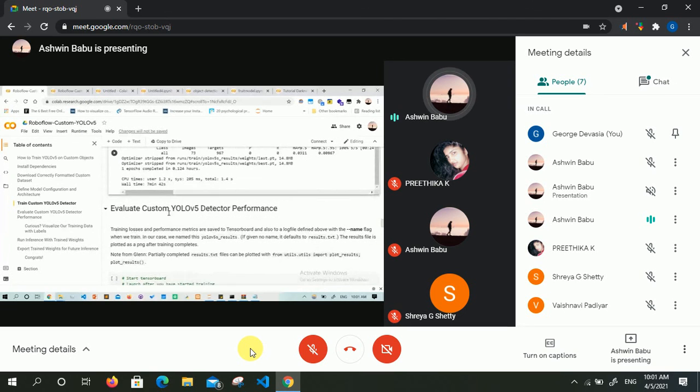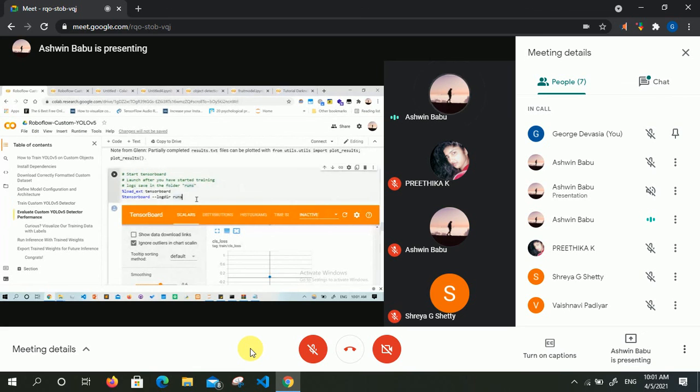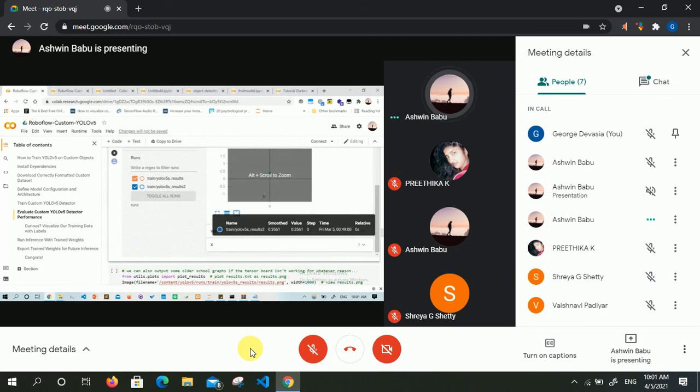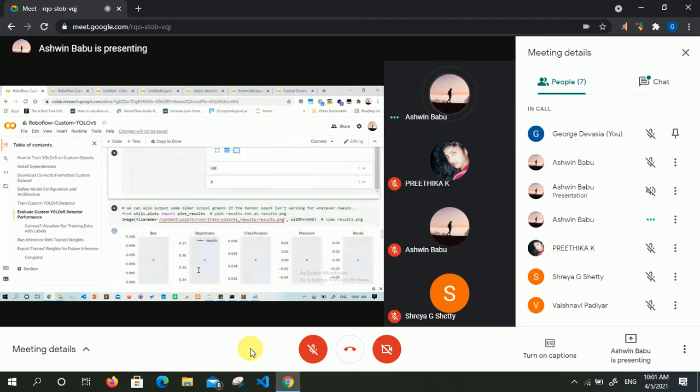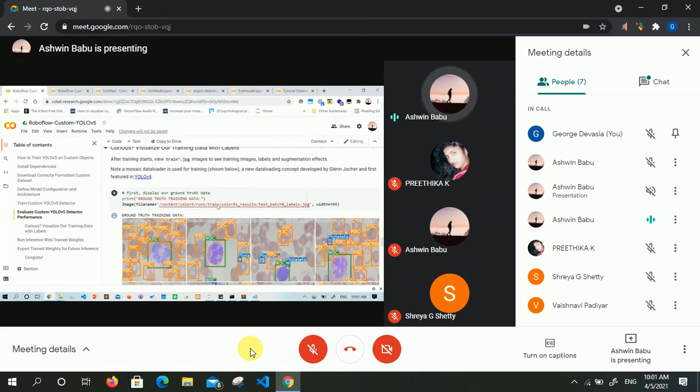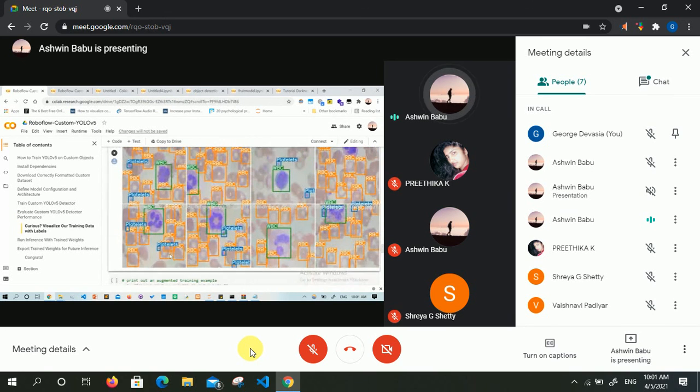Then we will be analyzing the TensorBoard. Using TensorBoard, we will be checking different graphs to finally get the evaluation whether it is underfitting or overfitting. And after this part, you can tell that even if the graphs are working properly, your neural network may not be working properly, because you are not getting any output. You don't know why, because you have done everything as prepared, but still it's not working. So you try to figure out what the problem is and solve it.